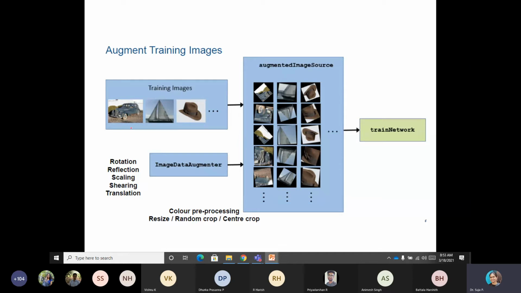Though you have only 3 images, your training data set increases, and then you perform convolution with all these augmented images. So at the time of testing, even if you give your image in any orientation, or with any reduction in size, or in any location, it will try to recognize it in any particular position.